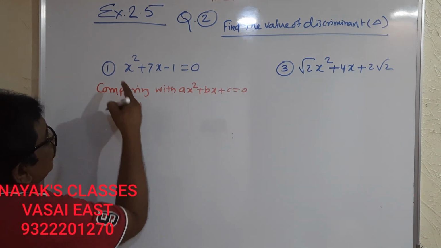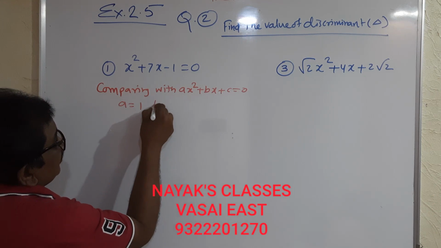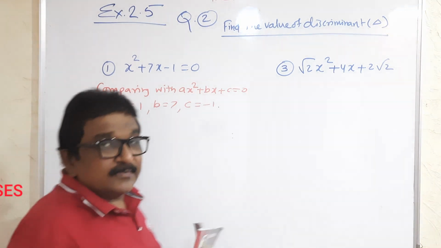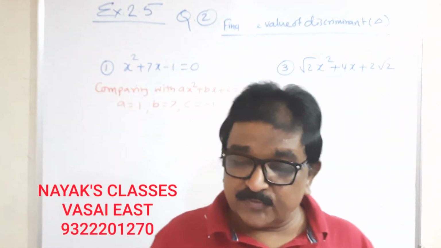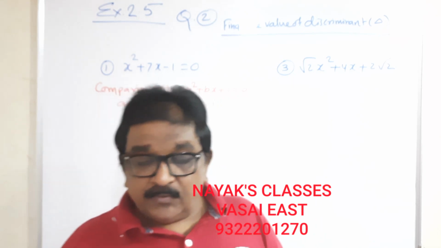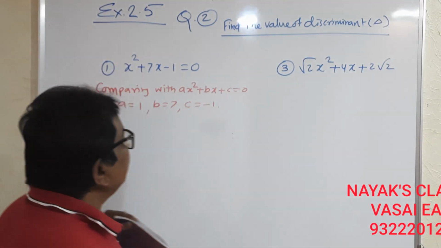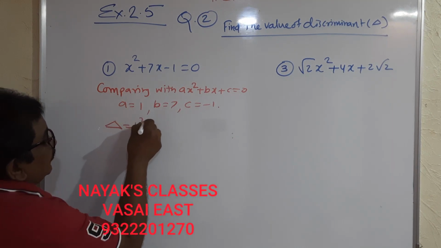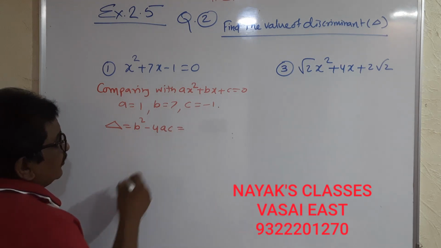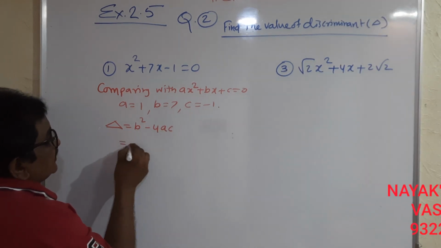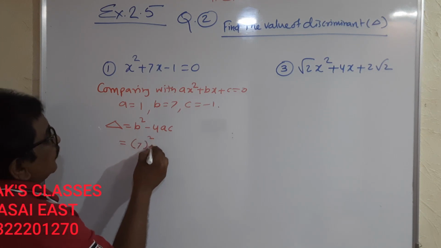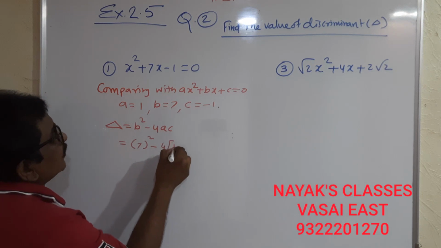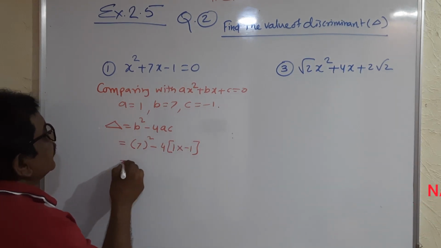So a is equal to 1, b is equal to 7 and c is equal to minus 1. So we need now the discriminant. The symbol is delta. Delta is equal to b square minus 4ac, which is equal to b is 7 the whole square minus 4 into bracket a is 1 into minus 1,